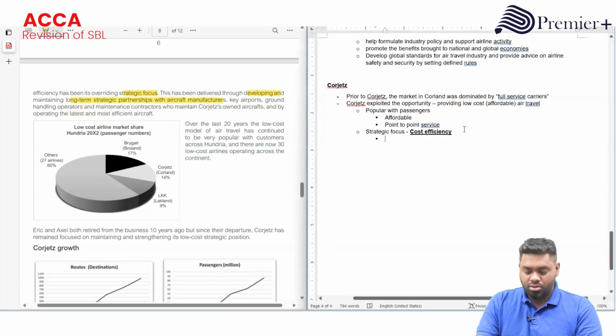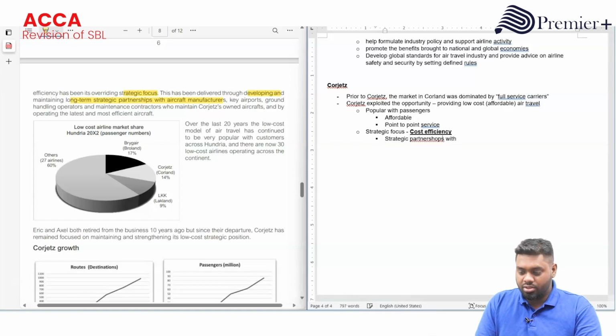How? Strategic partnerships with aircraft manufacturers, key airports,